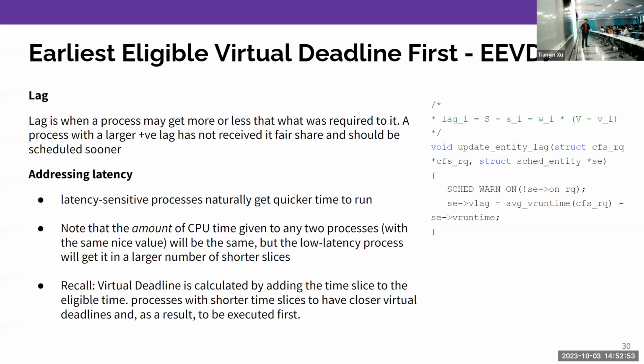And how they mitigate that is by introducing something called average vruntime. Now, average vruntime had not been implemented in the Linux kernel until now because of how computationally expensive it was. I don't know exactly how they've pulled it off, but essentially what they were using instead of average vruntime